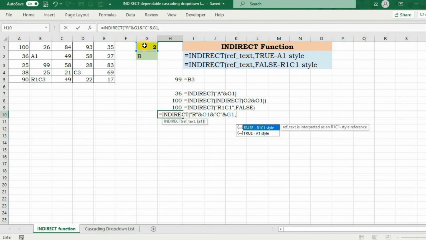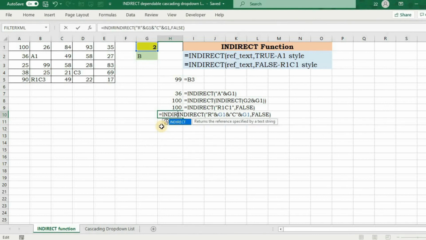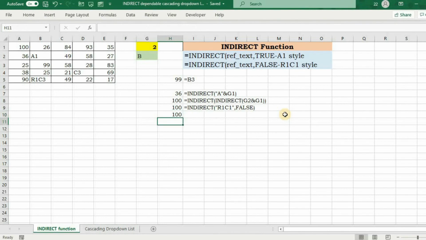I will set this one as R1C1, and see, this is referring to R2C2, which means row number 2 and column number 2. Again we can further wrap it inside an INDIRECT function to refer to A1 ultimately.